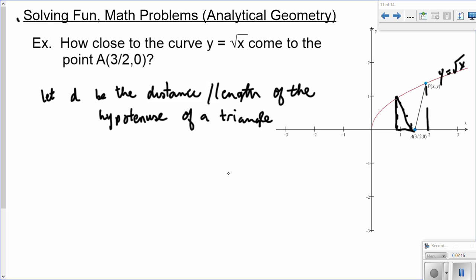So our triangle, I can just pull it out of here. Our triangle has this point 3 over 2, 0, and this point x and y, but y is actually going to be the square root of x. I'm going to put my function in here. I'm going to make a right triangle, so I need to figure out some lengths here. Let's use just a really basic